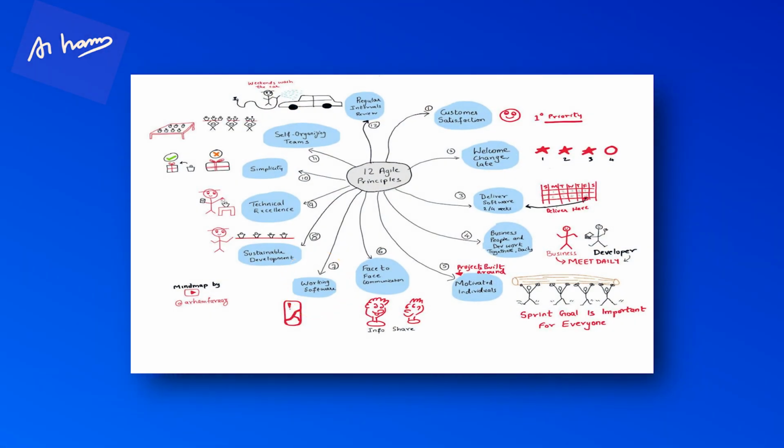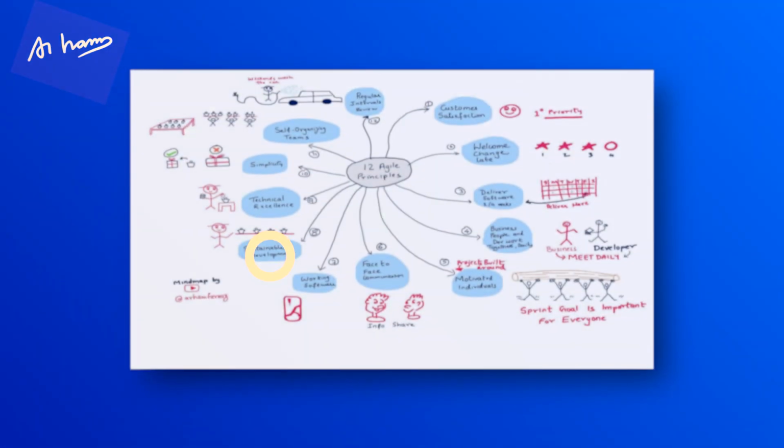That's helpful. Then the seventh one is that working software is the primary measure of success. Software that works is the best way to measure your success. Okay, that's very, very important. No matter how many features you added, no matter how many back-end logics you added, if it's not working, it's not going to help. The primary measure of success is working software.